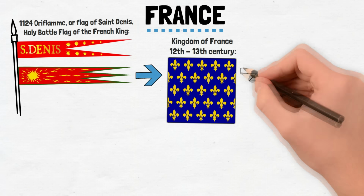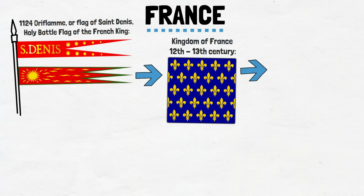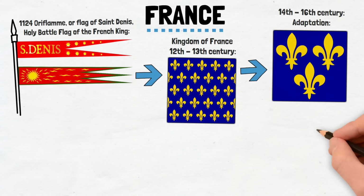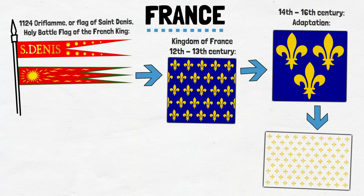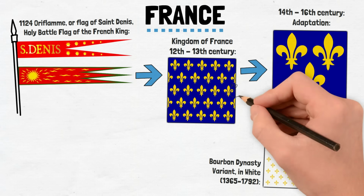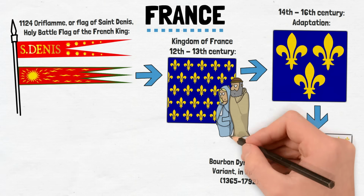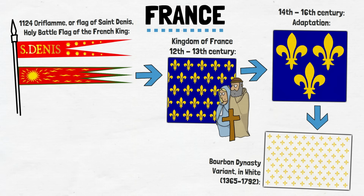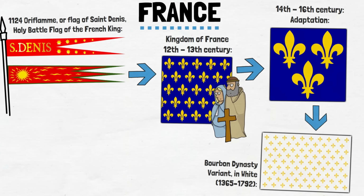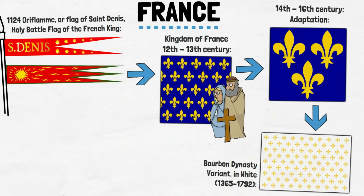First implemented in the 12th century and used on and off, sometimes with white backgrounds instead of blue, after the Bourbon dynasty came into power, as that was their dynastic color. The original blue was supposedly chosen due to its association with nobility and the Virgin Mary, although it may also have been a dynastic color of the previous house of Valois. This was used up to the point of the French Revolution and briefly during the 15 years of the 19th